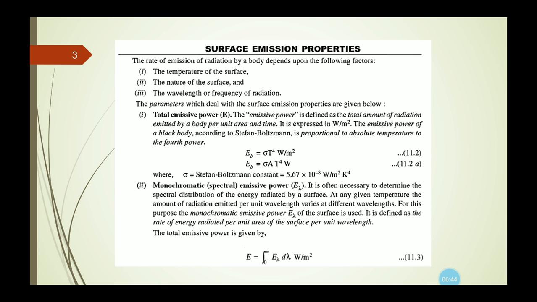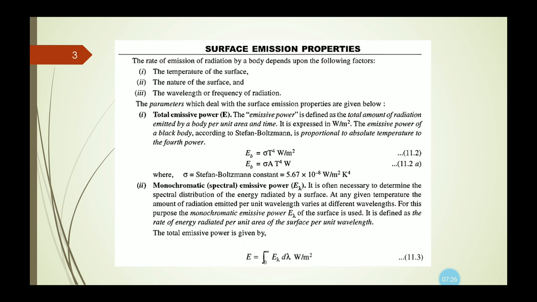The emissive power of a black body is directly proportional to the fourth power of its absolute temperature. Now there is a Stefan Boltzmann constant in this equation, and the value is 5.67 into 10 to the power minus 8 watt per meter square K to the power 4. Like in case of conduction, we have seen the thermal conductivity small k. In case of convection, we have seen the convective heat transfer coefficient small h. In a similar manner, in case of the proper rate equation of the radiation, which is Stefan Boltzmann law, there is a sigma, Stefan Boltzmann constant, and its value is 5.67 into 10 to the power minus 8 watt per meter square K to the power 4.